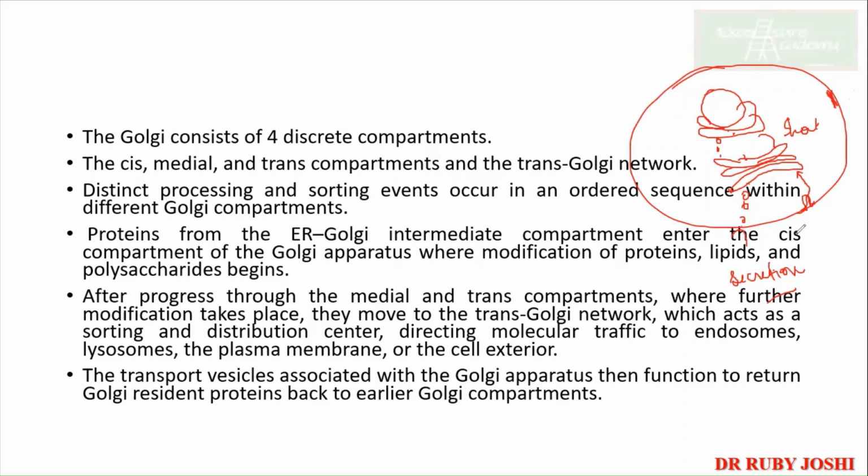They do have the Golgi apparatus resident proteins, like how we have the resident proteins of the ER, right? If they have those sequences of KDEL and KKXX, which we discussed yesterday or in the previous lecture, those resident proteins will go back to the ER. Similarly, in the case of the Golgi apparatus also, certain resident proteins are there, so those vesicles will go back to it.